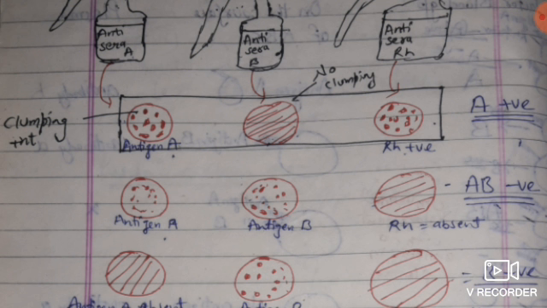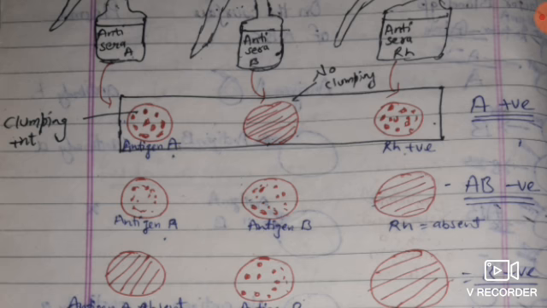So if anti-sera A is put in sample 1, anti-sera B in sample 2 and anti-sera Rh in sample 3, suppose we see clumping in sample 1, no clumping in sample 2, and clumping in sample 3. Where there is clumping, that will be the blood group of the person. So clumping is seen where anti-sera A is put, so the blood group will be A. As anti-sera Rh also shows clumping, if clumping is present, that means Rh positive; if clumping is not present, that means Rh negative. So the blood group will be A positive.